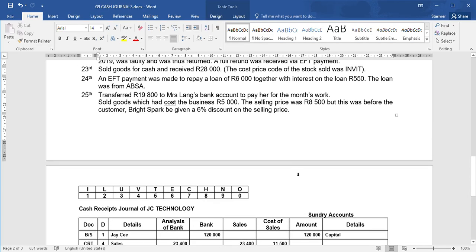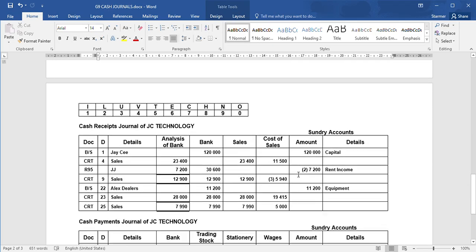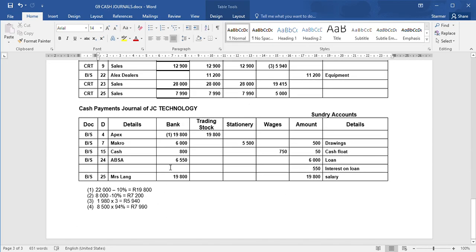An EFT payment was made to repay the loan and interest on loan. We only pay the bank once, so there's one total here. But under sundry accounts, you must split it up. 6,000 for the loan, 550 for interest on loan. You cannot put